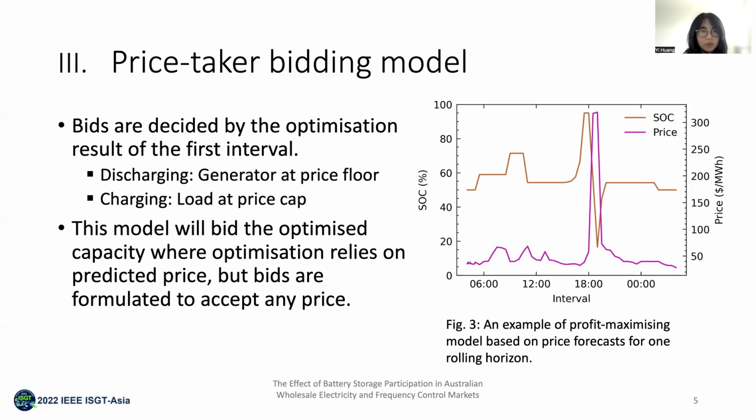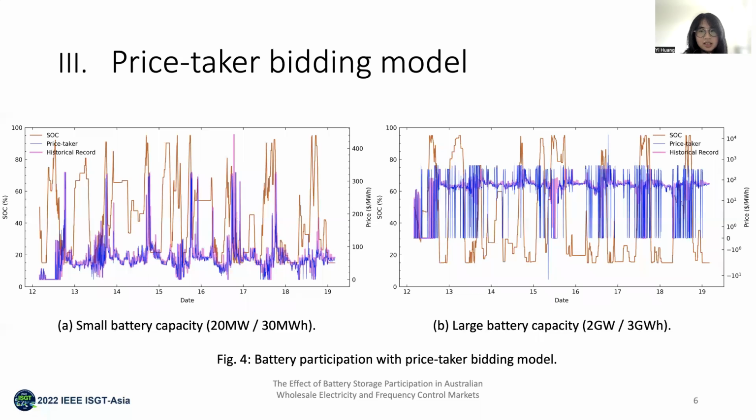The model will bid the optimized capacity where optimization relies on predicted price, but bids are formulated to accept any price. These figures illustrate the battery behaviors and market prices after using a price taker model. The purple lines show the original prices, where the blue lines represent the prices after battery participation. For a small battery, market prices are not affected, and the price taker model is therefore a valid bidding strategy. However, for a large battery, the price taker model breaks down with the price reaching the price cap and floor